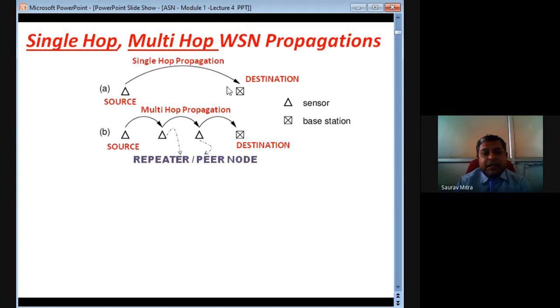That communication protocol can be Zigbee, that communication protocol can be LoRa, it can be infrared, it can be